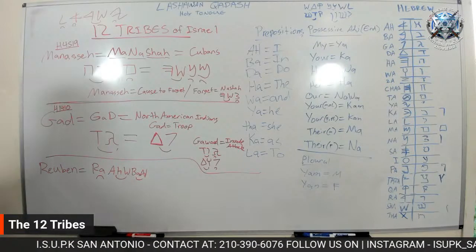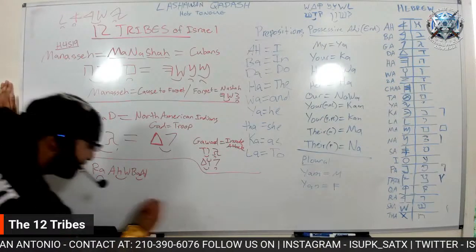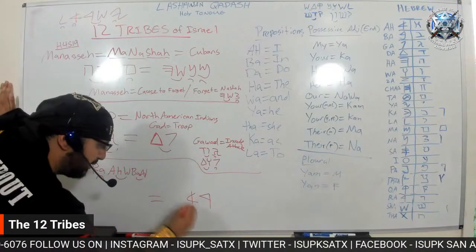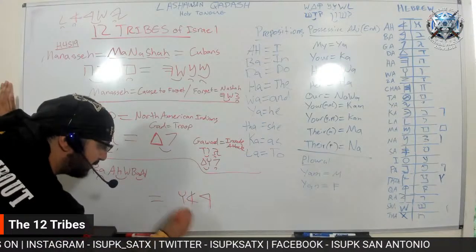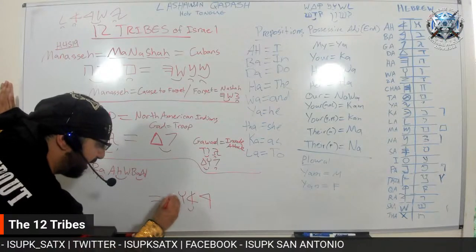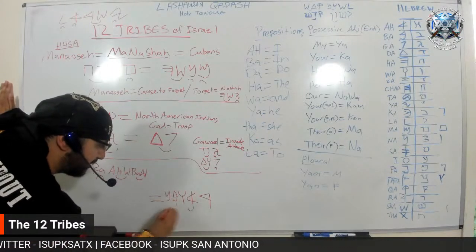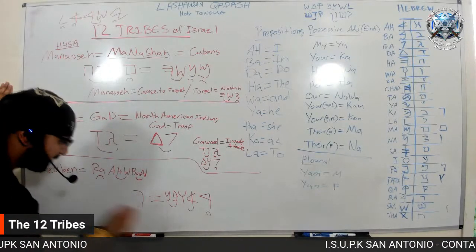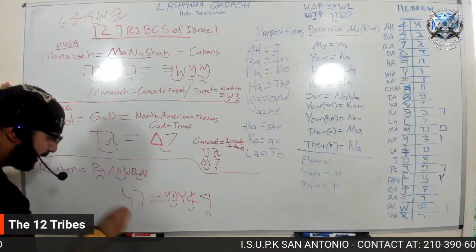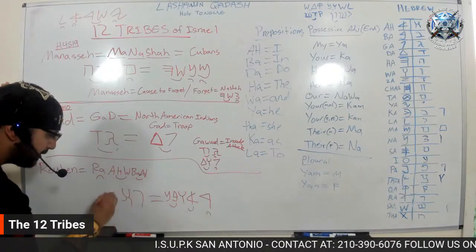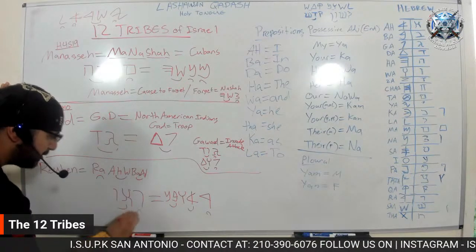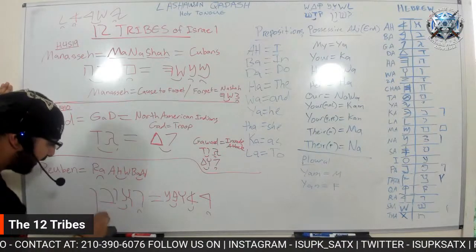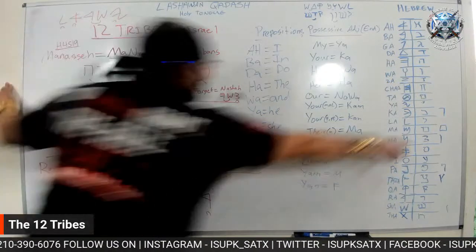Reuben, Ra Awaban, is spelled just like this. So we have Ra, Ah, Wa. These are tied together. And then you have Ban, right here, Ban. Ra Awaban. That's a bit tricky. Let me try it again. So Ra, Ah, Wa, Ban. And you have your end na again. Remember the end na rule right here.